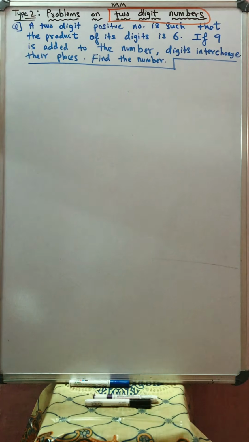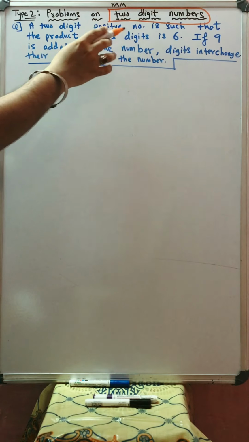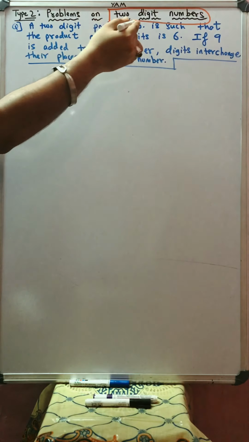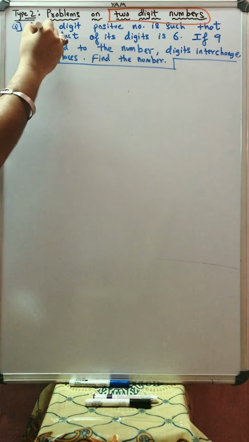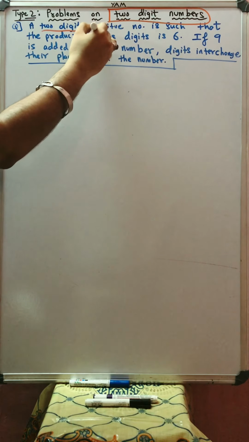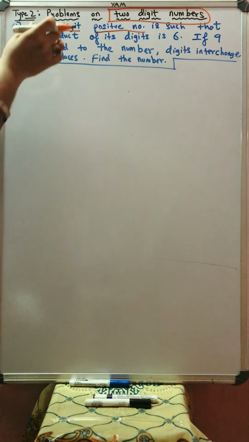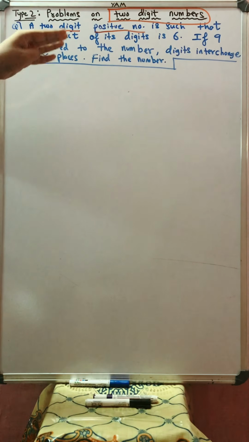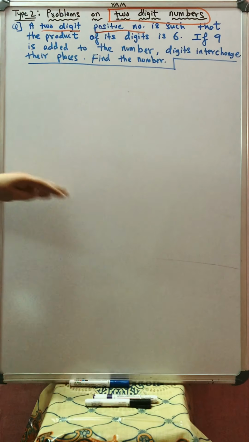you are dealing with the type I'm explaining to you on the board. Okay, it's another type. It's not a normal type. Problems on two-digit numbers. A two-digit positive number is such that, see, now I'm reading the question. A two-digit positive number. But the moment you see a two-digit number, that means there is a peculiar, a typical way of solving this.